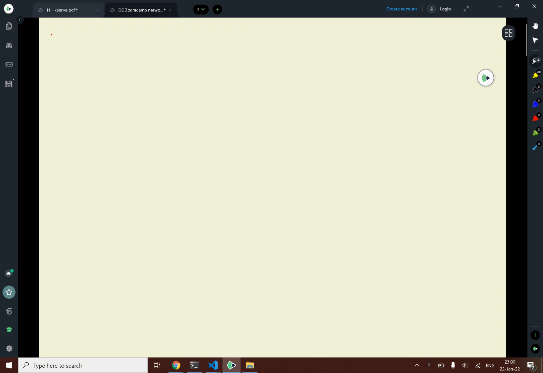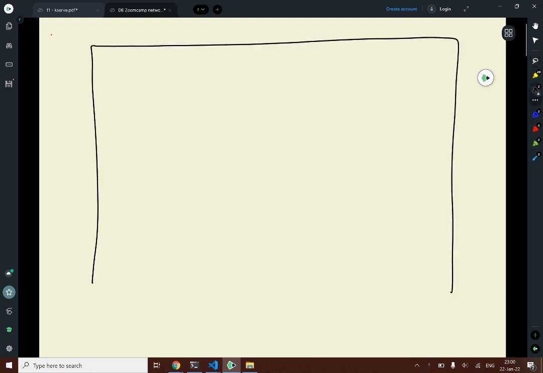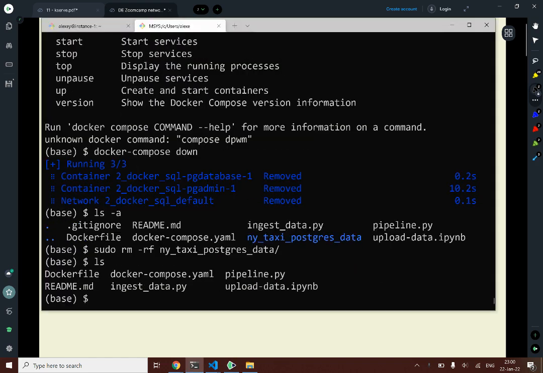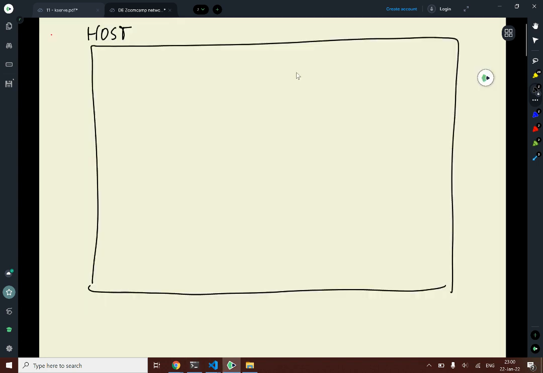So let's say we have our host computer. So this is our host computer. And for me, right now, I'm on GCP, so I'm on a remote instance. This is a similar instance to what I showed you in the setting up the infrastructure video. This is Ubuntu for me, and on this host we have